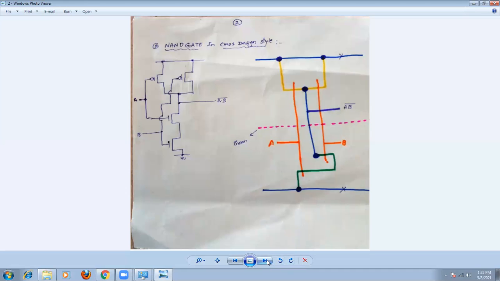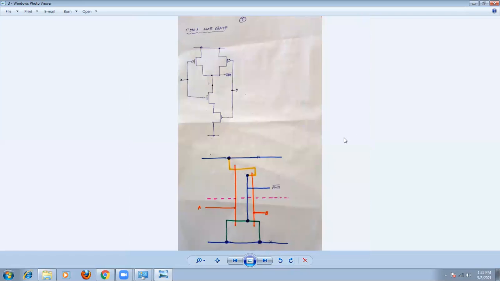Next we go for the NOR gate. So this is the structure of the NOR gate. You can draw like this also, no problem. These 2 will be joined together, A. These 2 will be joined together, B. These 2 are in series, and these 2 in parallel. Drain to drain, source to source, drain to drain, and these 2 are joined together. This is the series connection, this is the parallel connection.